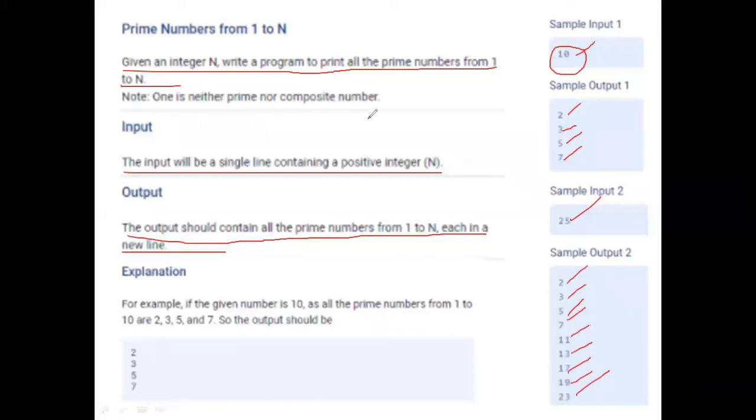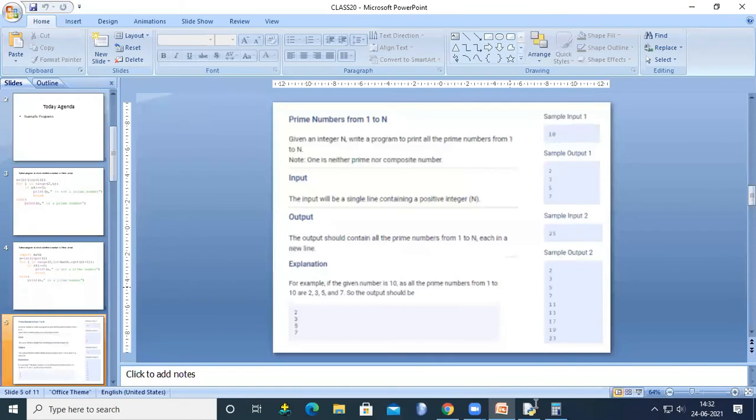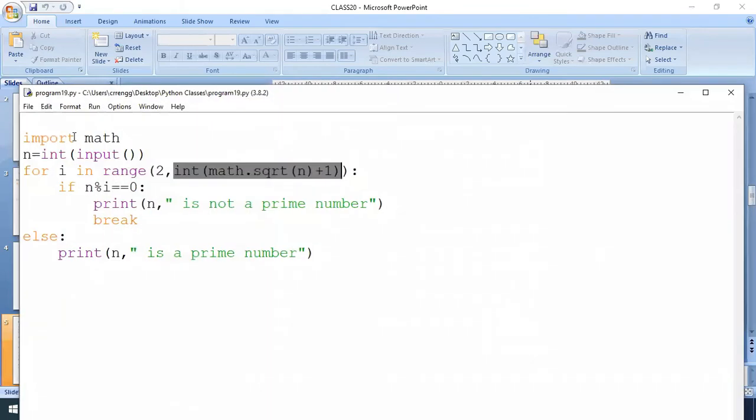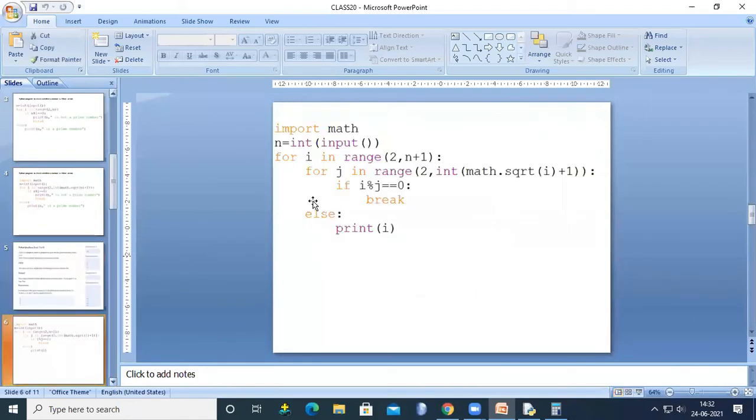So how can we change the program? Very simple. For example, this is the program.